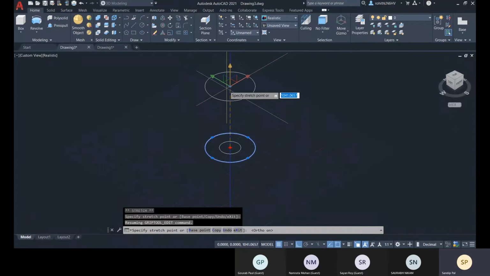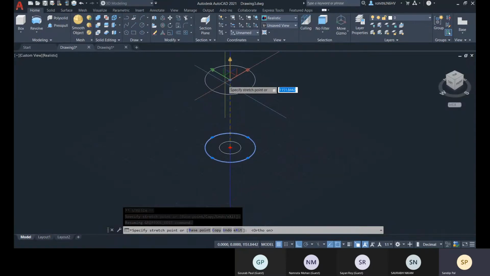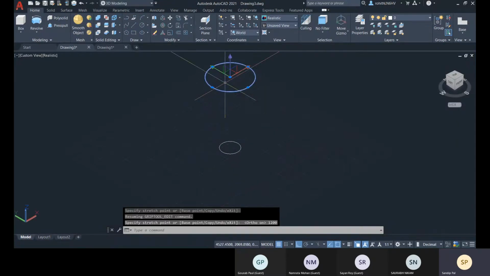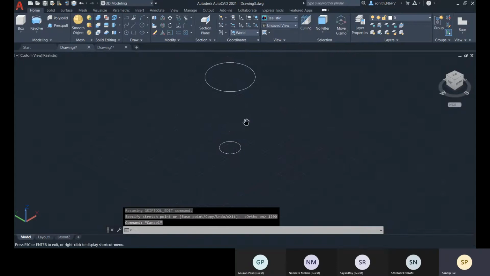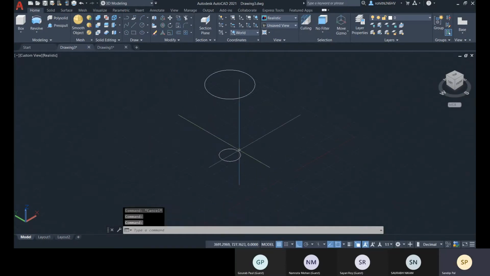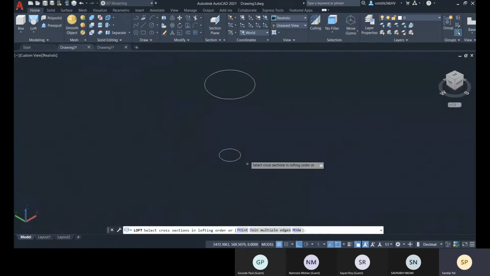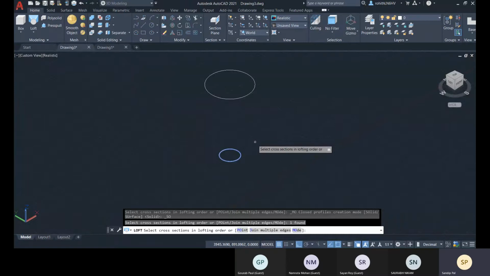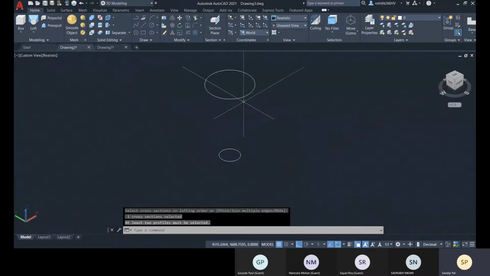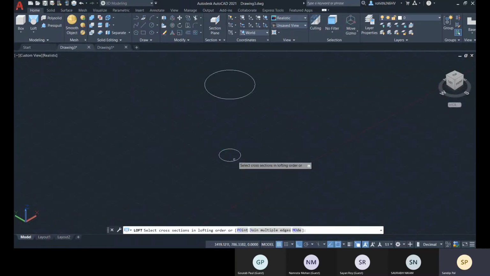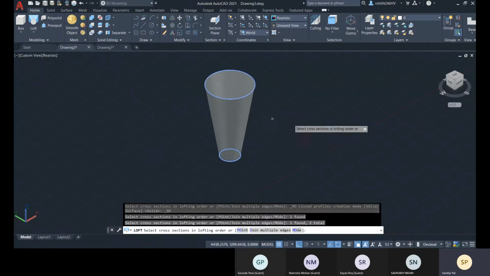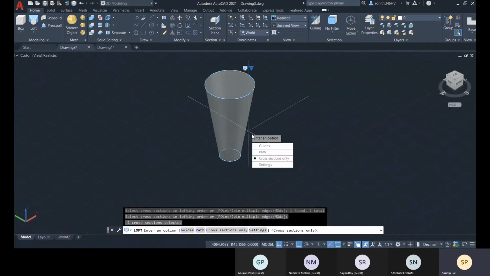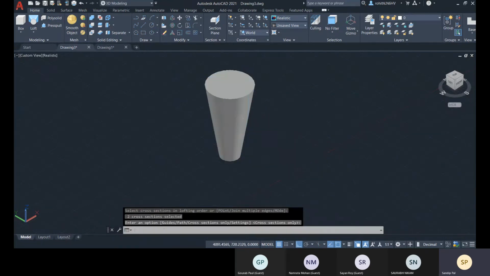Let me give it a height like 1200, enter. Now go with loft, select this profile and this profile, and press enter and enter.